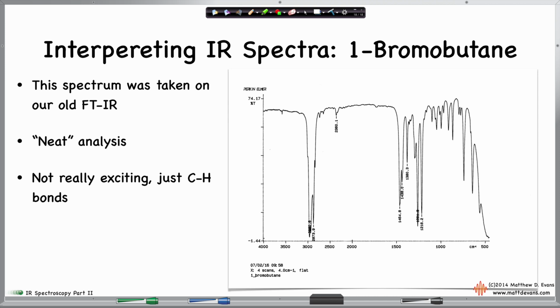All right, so this spectrum is of 1-bromobutane, and this was taken on our FTIR. This is the older FT, but nonetheless, it really doesn't matter because our new one would produce the same spectrum. But this is a neat analysis, which means that I took this 1-bromobutane, I believe it's a liquid, and I put it between 2 salt plates. I ran the analysis, and of course, I've got the 4,000 to 500 wave numbers, and I've got the %T